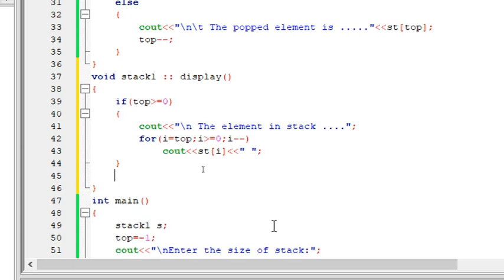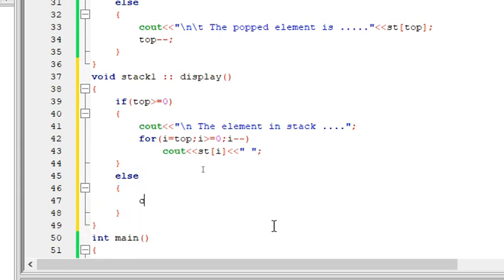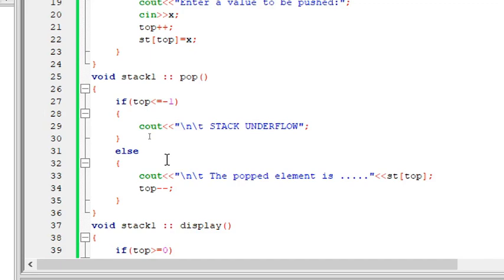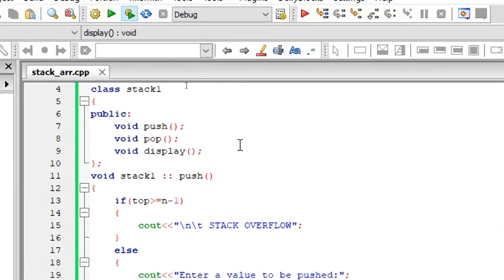So once the if condition is over, next you can go for else. That means if you don't have any value to display, then it should give a meaningful message. Again use slash n, t is not needed. The stack has nothing, so I say the stack is empty. All right, I hope we are done with all the functions, push, pop and display, and the main function is also done. So let's save the program and start running.